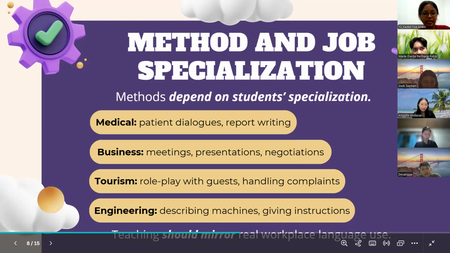By connecting lessons to real workplace situations, ESP helps students gain both language skills and professional confidence. Okay, the next material will be presented by